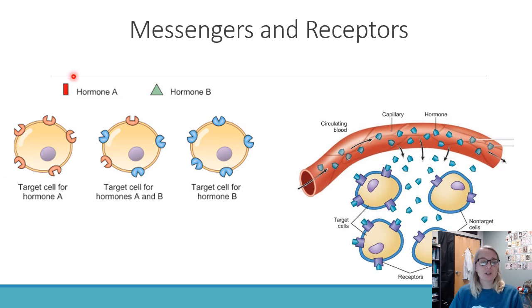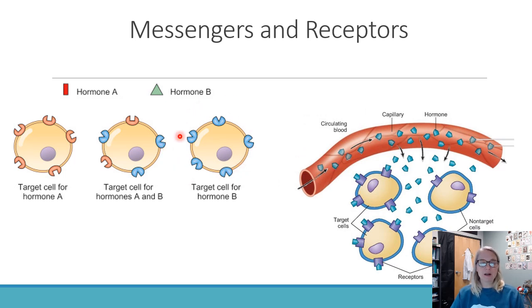So let's say we have two hormones in this first picture here. We have hormone A, which is a red rectangle. We have hormone B, which is a green triangle. So their shape is different, kind of geometrically, but molecularly, know that molecules have different shapes, just like we have different shapes in geometry. So target cell A, for hormone A, here's a little receptor, it's kind of the orangey pink, and we can see its shape matches the shape of the hormone A molecule. It's that lock and key kind of puzzle piece type connection. And then we can see hormone B is this triangular, pointy shaped molecule, and the receptor for hormone B has that matching shape.